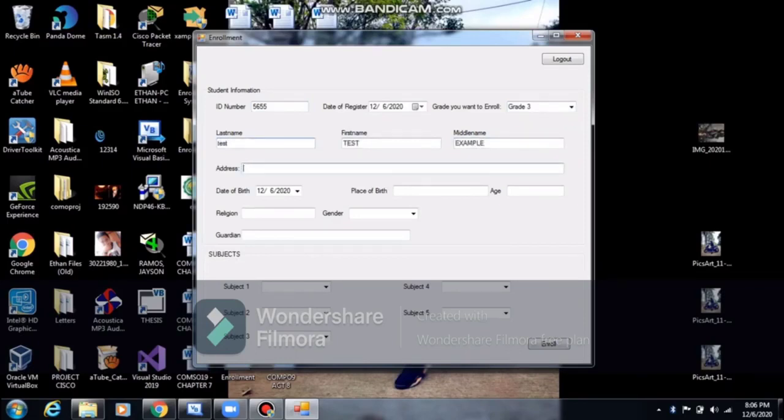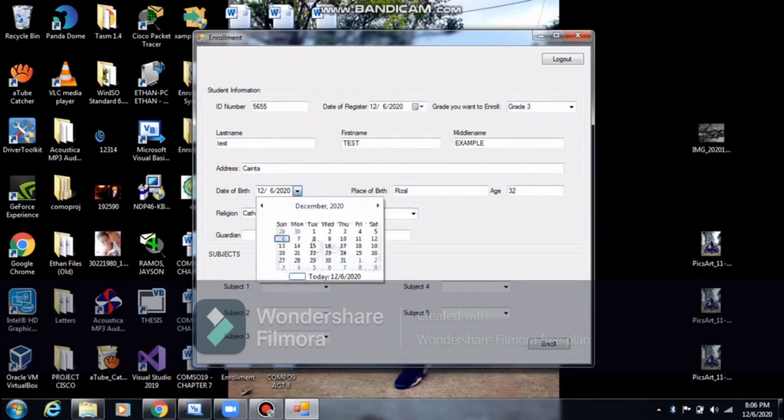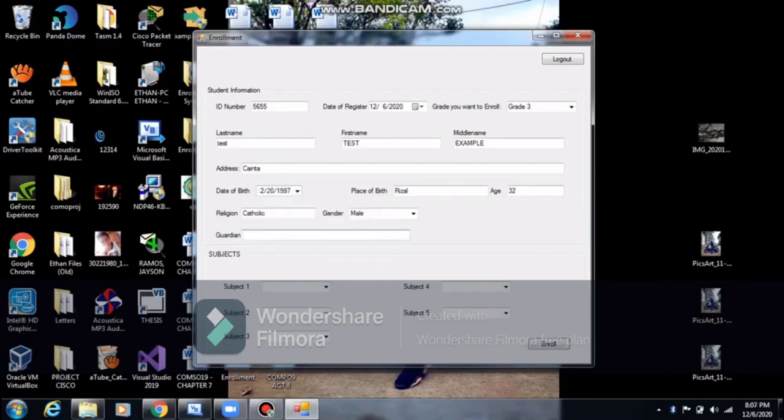Sa address, place of birth, age, religion, gender, date of birth, February 20, guardian, tas subject.